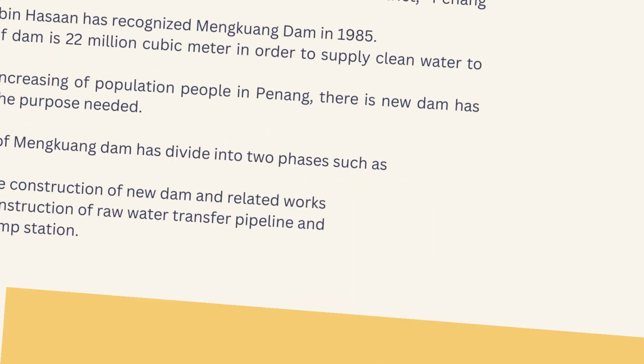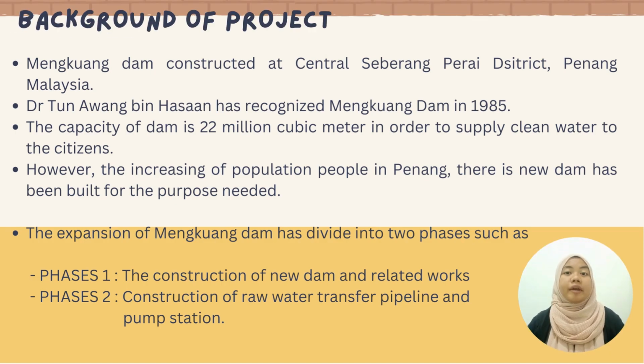Okay, now I will present the background of Mengkuang Dam. Mengkuang Dam has been constructed at Central Seberang Perai, Penang. The capacity of the dam is 22 million cubic meters as the raw source of water for Penang people. However, due to the increasing population in Penang, the government took the initiative to expand and construct a new dam to avoid the issue of a water crisis in the state, especially during the dry season. The new dam is allocated